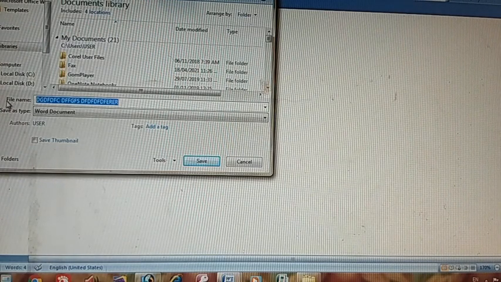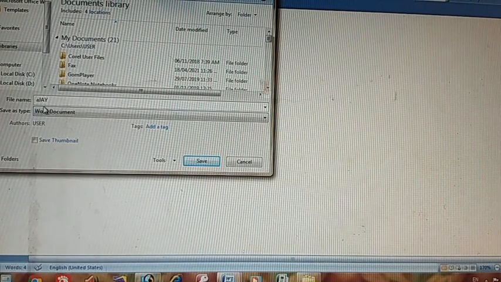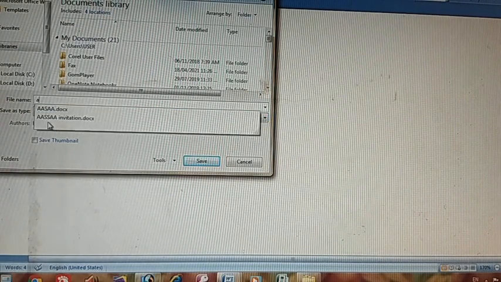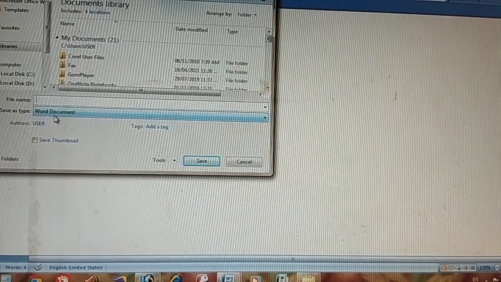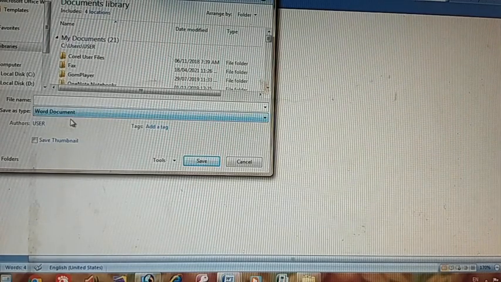Look at this file name box. Type your file name, maybe your name, Ajay. The spelling is wrong, so I delete it and use a capital letter: A, J, A, Y, Ajay.